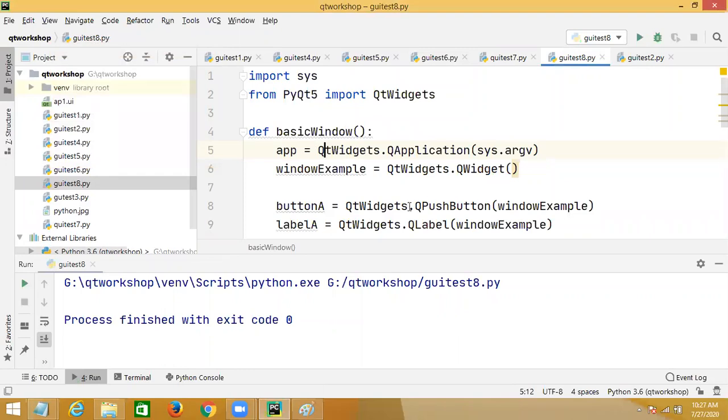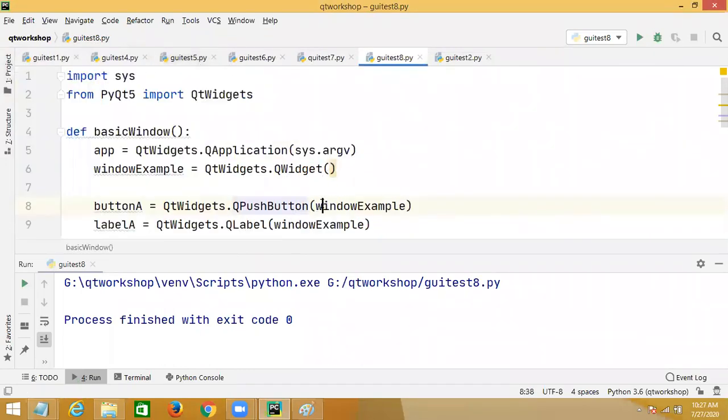But how did you create the button? By using QPushButton. So where do you place this button? Within the window, right?